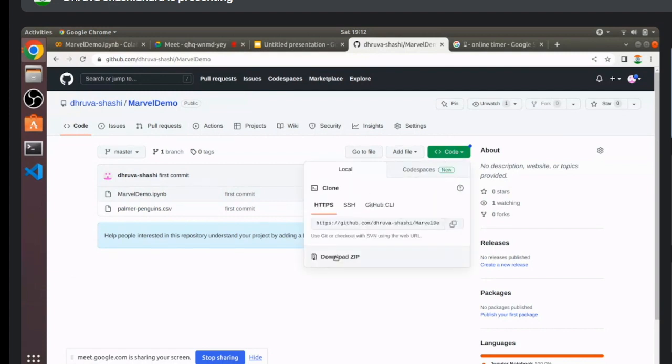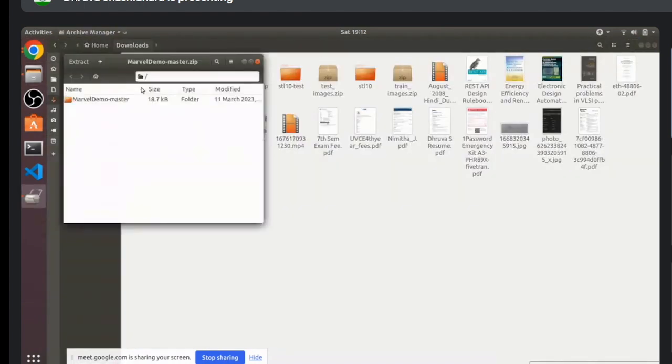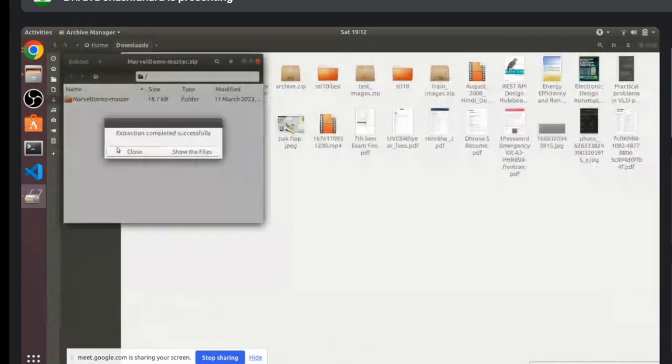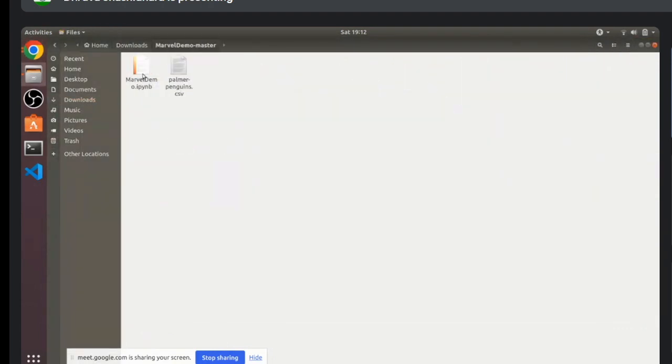Anybody who has the link can download it as well. So I'll download it as a zip file. Then if I go to downloads, the zip file will be present. I can extract it, and then